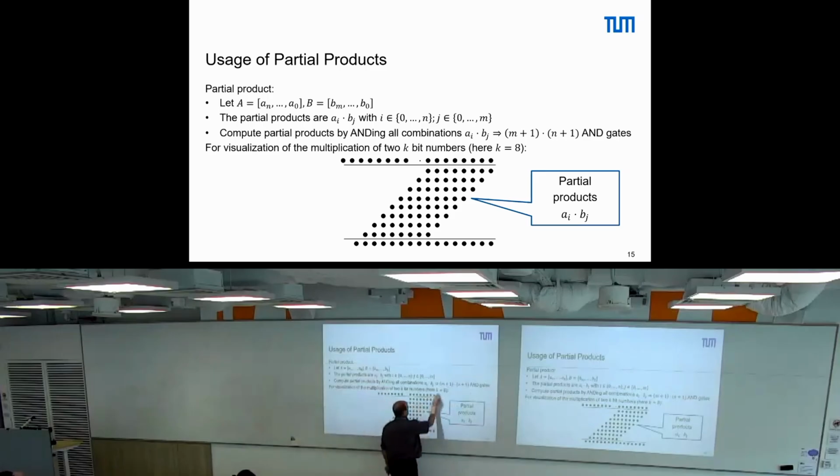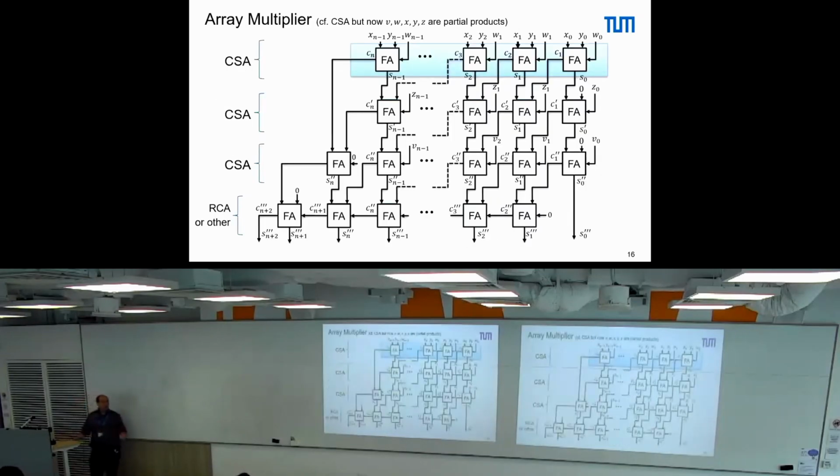And now we can try to rearrange our operations, similar to what we did for the addition, where we tried to rearrange the operations of this addition. We now rearrange the additions here. Then we can, of course, sum up with this matrix multiplier, which is just what we had in the adder part, and we said that's not actually useful, but we can just input all our partial products to this matrix structure, and the outcome will be the multiplication result. Maybe not the most clever way to do this computation,